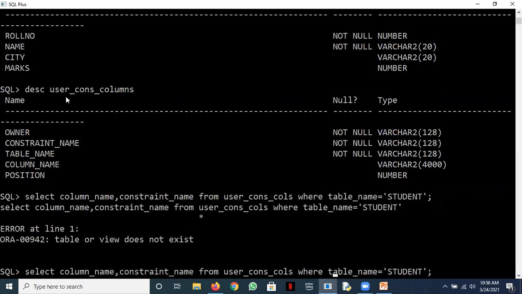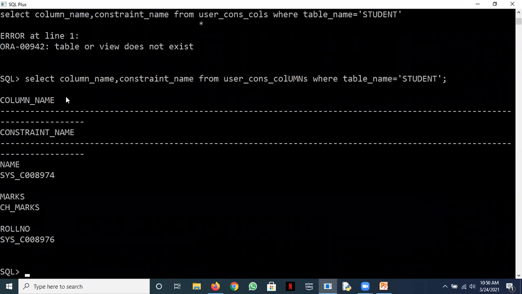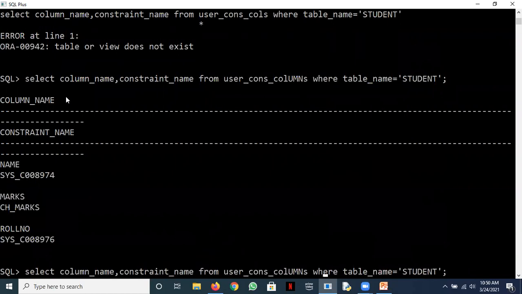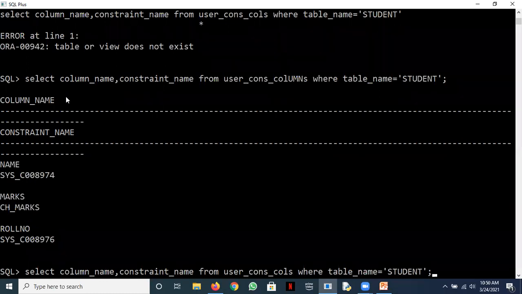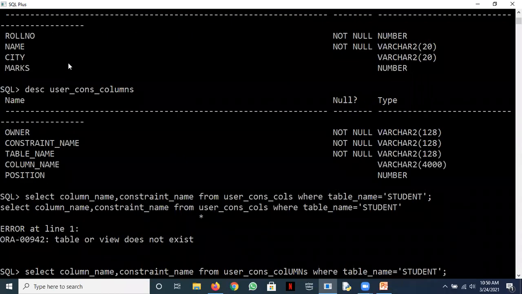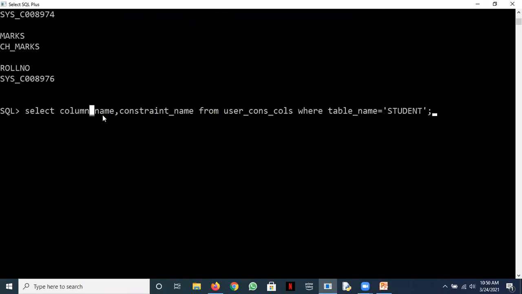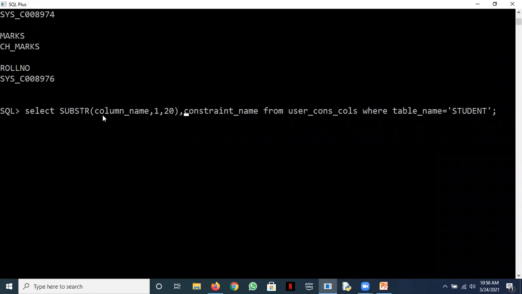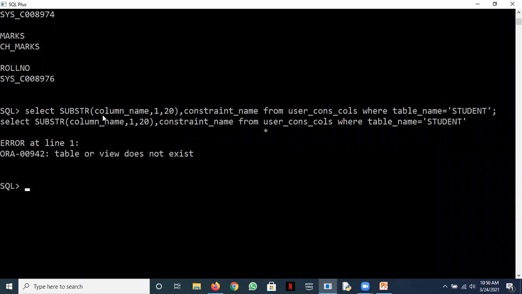That is a requirement of this. Written something incorrectly? Yeah, we need to write it full, I think. Okay. So these are the constraints which we just put. Okay. So maybe I can just rectify it. What's the description? Let's see. Column_name is 4000. Okay. I'll just put a substring here. In our string functions, we discussed substring. This column name is taking too much space. So just pick up a slice out of it. Substring column_name, comma 1, comma 40. You can just put 20 also. Okay. What's the problem?